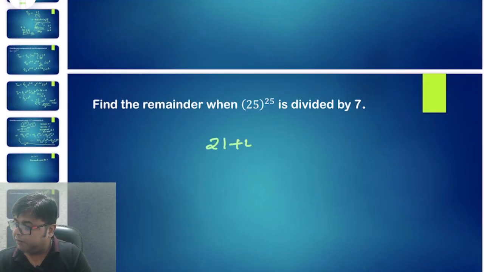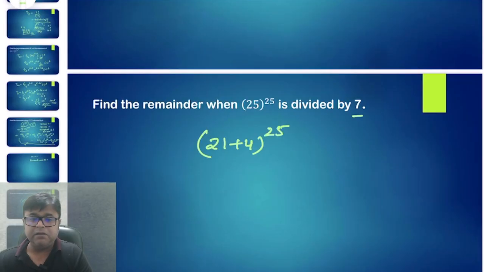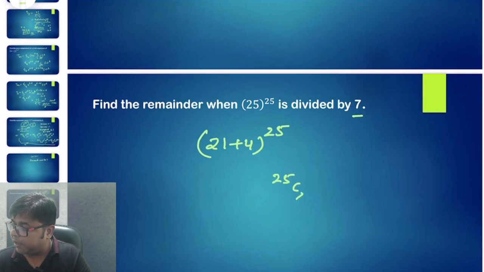Now this is bigger than 7. It's not smaller. So to make it close to a power of 7 will be very difficult. So let's make it first smaller. So I can write it as 21 plus 4, since 21 is a multiple of 7. So in this expansion, the last term will be, because I know all the terms will be divisible by 7, because all the terms till the second last term will have a power of 21 in it if I write the binomial expansion. But the last term will be 25c25, 21 to the power 0, and 4 to the